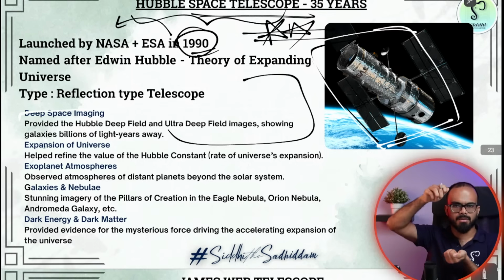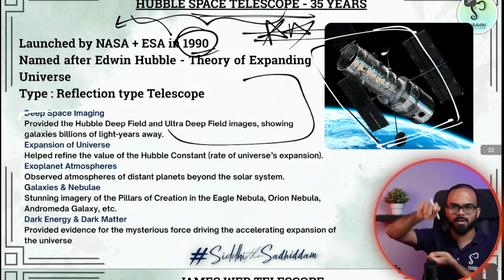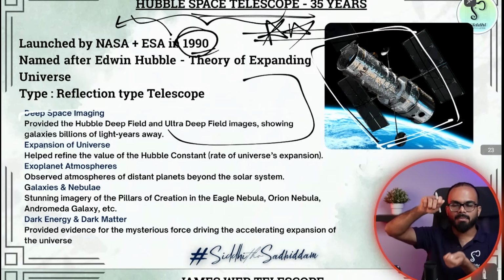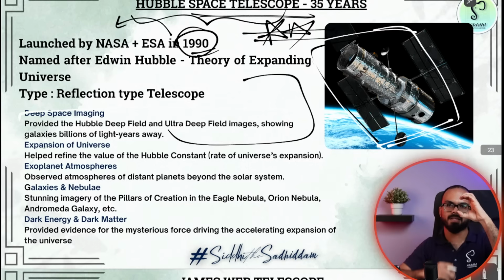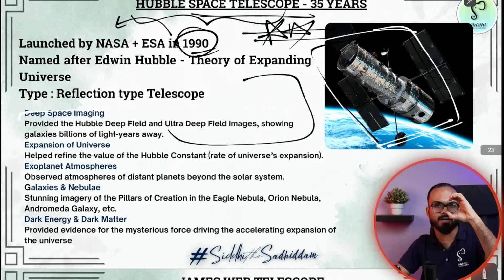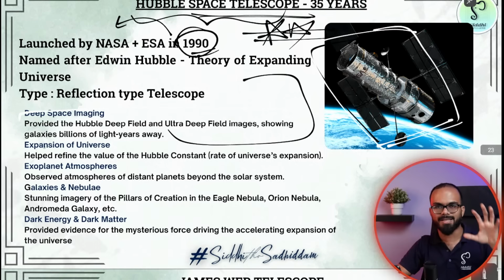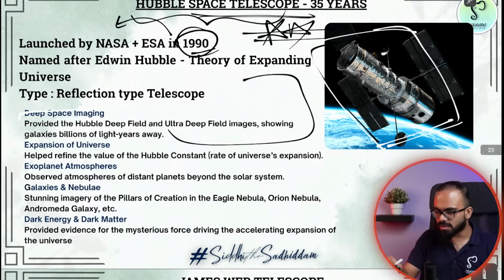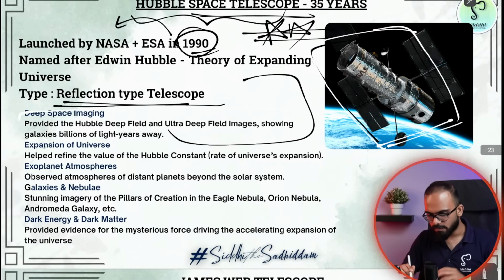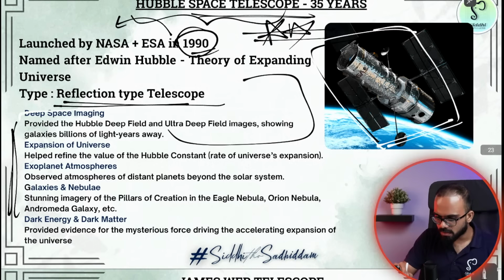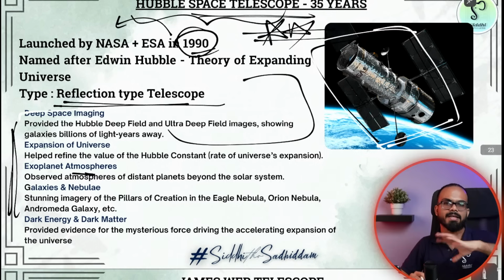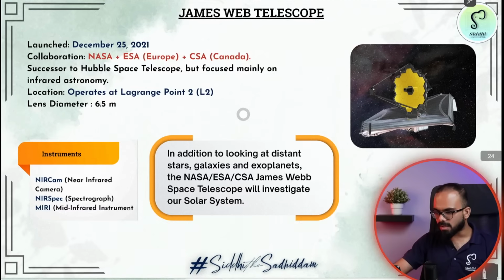The aperture is around 6.5 meters approximately. I don't remember the exact numbers, but it is around 6.5 meters and it is basically a monocle. Through the monocle, we can watch the entire Earth, the universe, satellites, galaxies, etc. So this is your Hubble Space Telescope. It is used to look at various exoplanets, that is, far off planets outside our solar system.